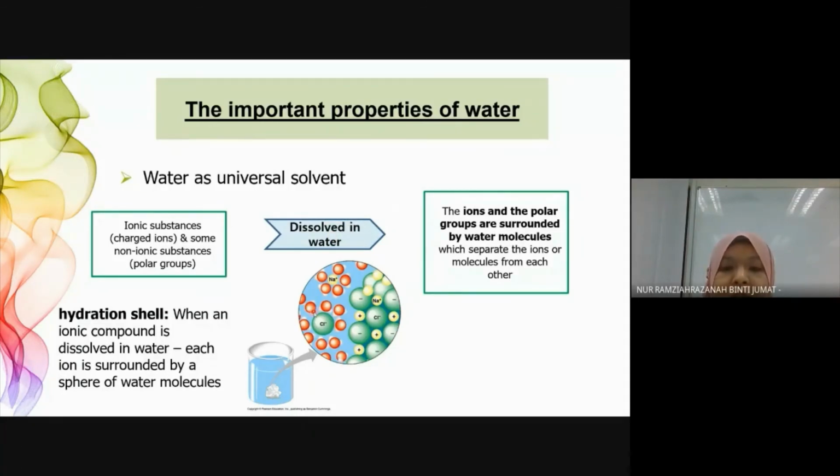For example, here we have normal salt. Salt consists of charged ions, sodium chloride. When salt is dissolved in water, the sodium and chloride will separate from one another. The ions and the polar groups will be surrounded by water molecules when they are dissolved in water, because they are polar, so they tend to attract. The partial charge from the water molecule will be attracted to the